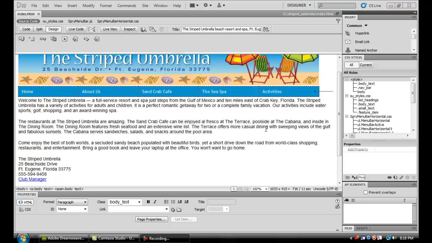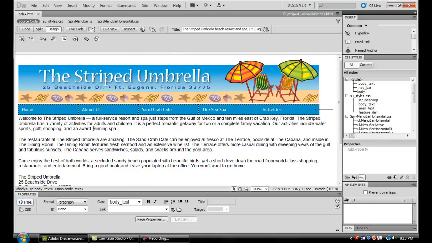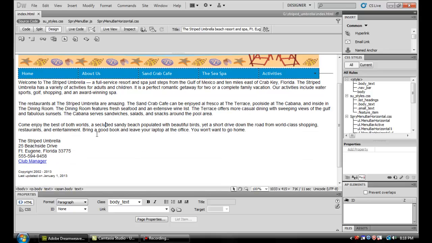Chapter 10 from the book discusses using AP divs for the placement of elements on your web page, and it demonstrates how AP divs can be used to have better control over the items you place on a web page, whether it's a picture or text or things along that item. And what they want us to do to practice this is open up the index page for the striped umbrella,